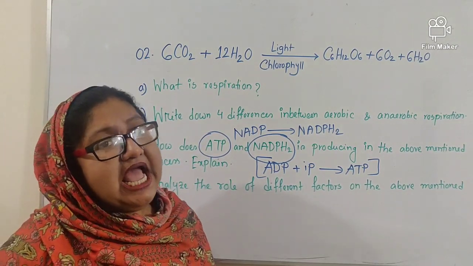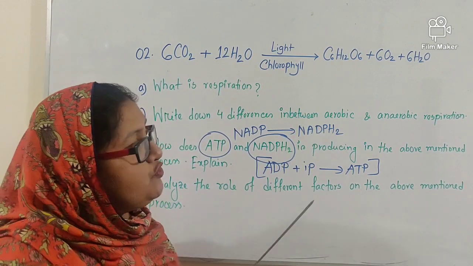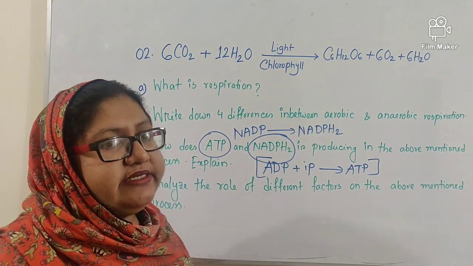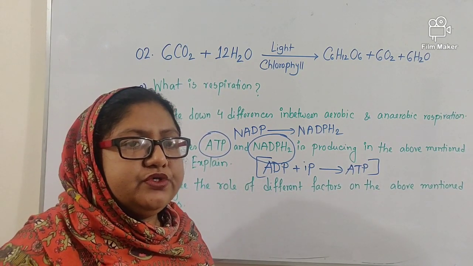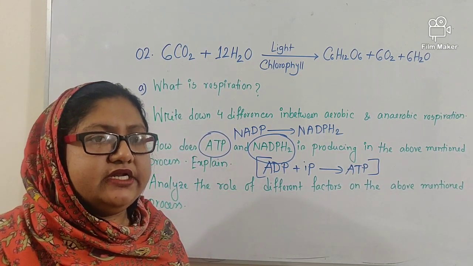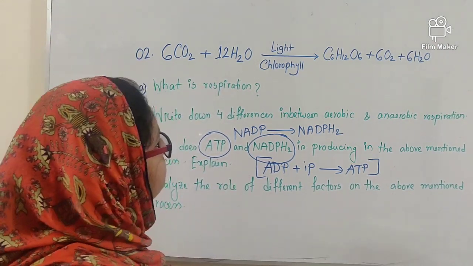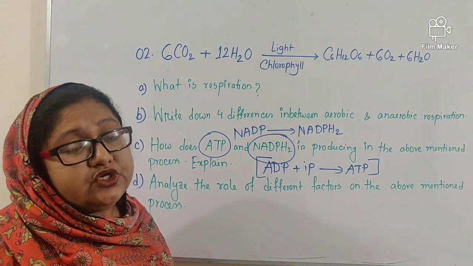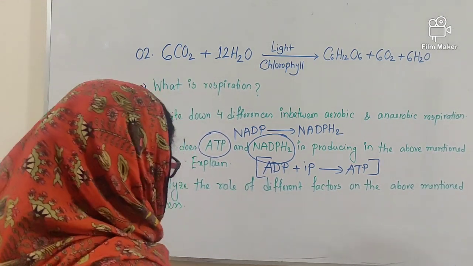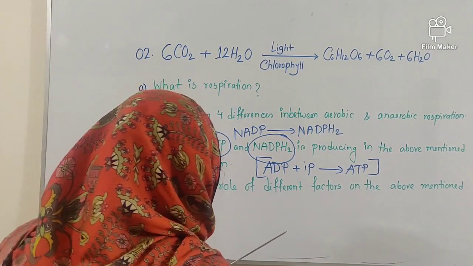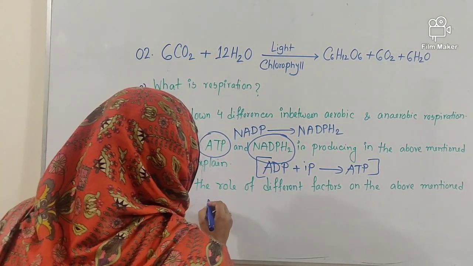My dear students, as I have told you, the given process is photosynthesis, and in case of both photosynthesis and respiration, you know there are two factors. One is external factor, another one is internal factor. In this question, you are asked to write the factors that control the photosynthesis process. So it has two factors, the external factors and the internal factors. The external factors are light,